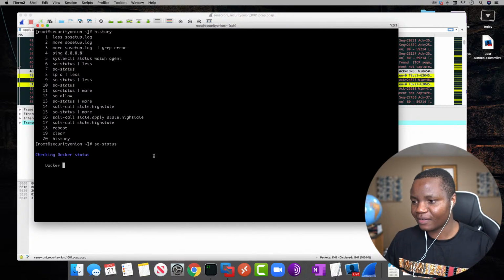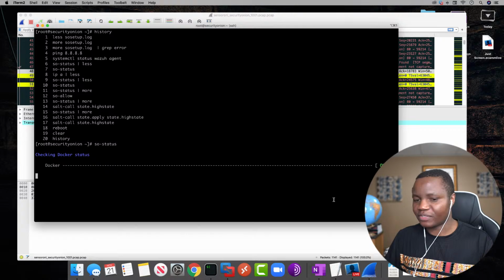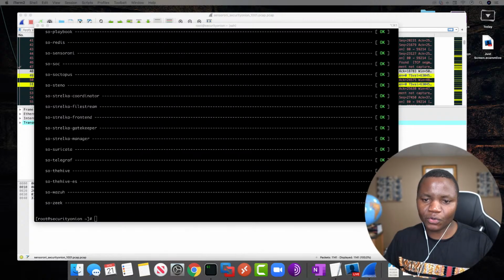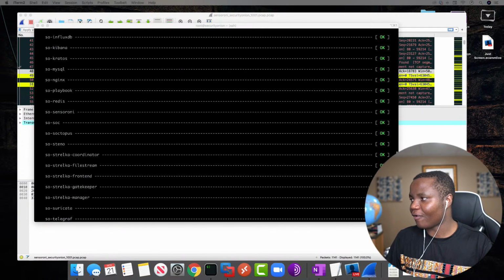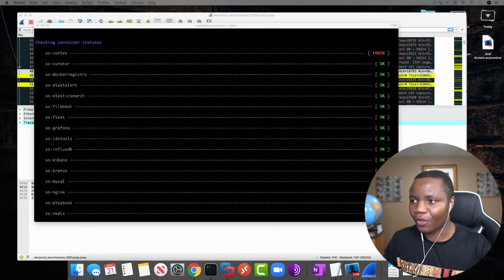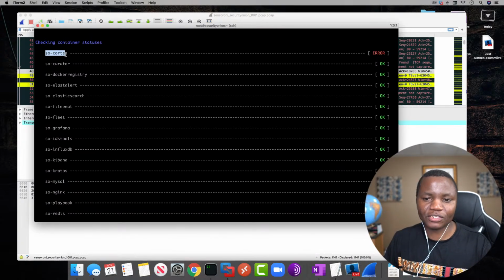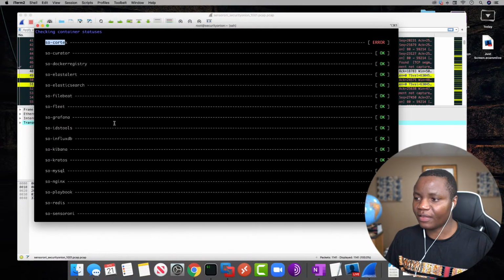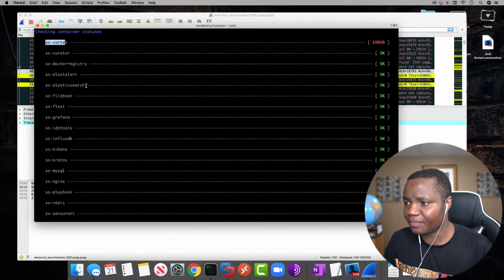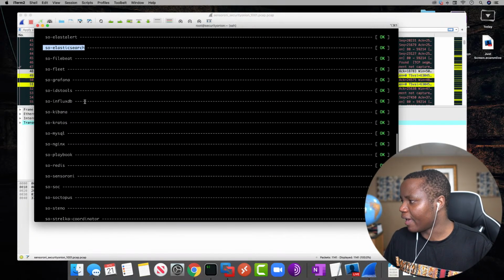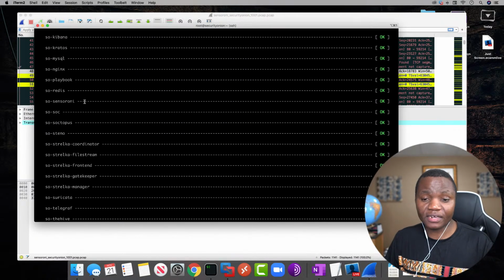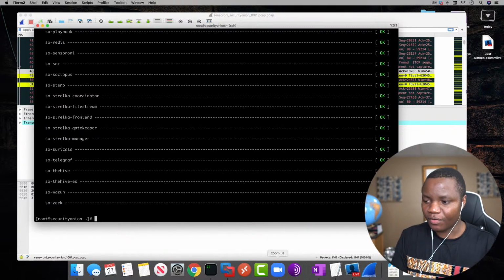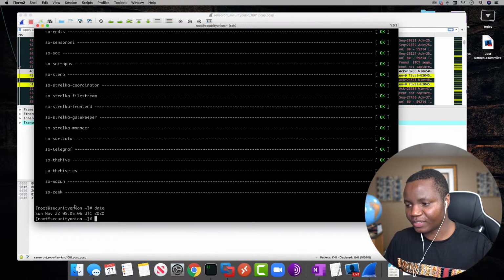If you run so-status, what you're expecting to see here is that everything is okay with everybody. So you want everything to say okay, okay, okay, okay, okay. And I can tell this one is not okay. It needs to be fixed. But it's not affecting at least the core features here. These are all Docker containers running here. And they all say okay. So if you deploy Security Onion and it's not working properly, sign in and run so-status. Then run date. Make sure that your time